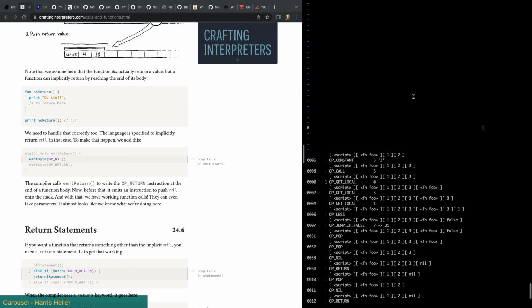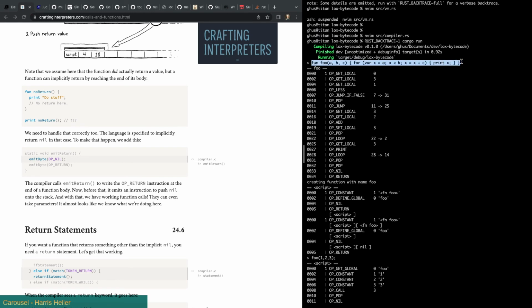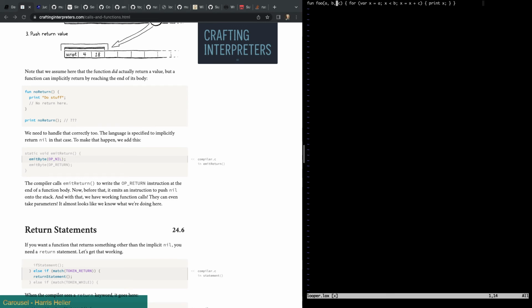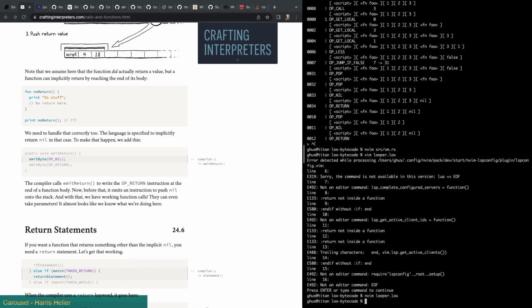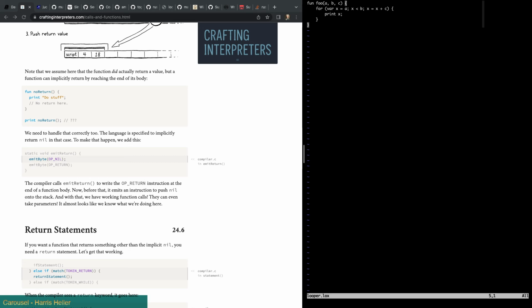Let's grab this code again. Oh, it's gone, of course. Is it gone forever? No, it's up here. Okay. And this will allow me at least to format it correctly. Like that. Okay. And then now I should be able to say cargo run looper, and we'll see the whole thing. And we see that it doesn't do anything. Oh, because I didn't call it. foo(1, 2, 3);